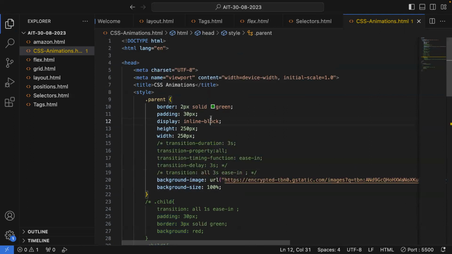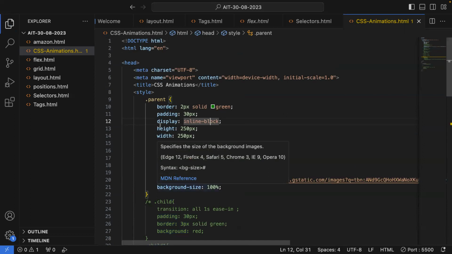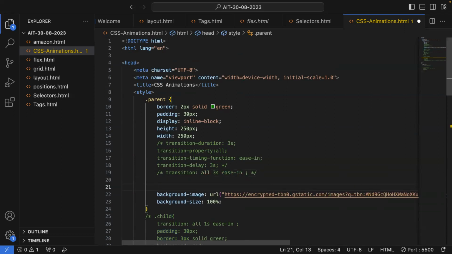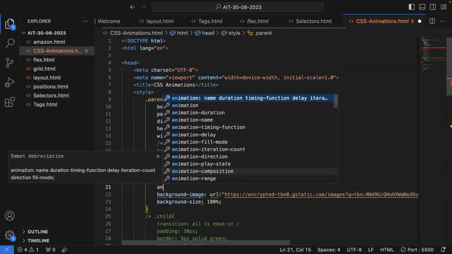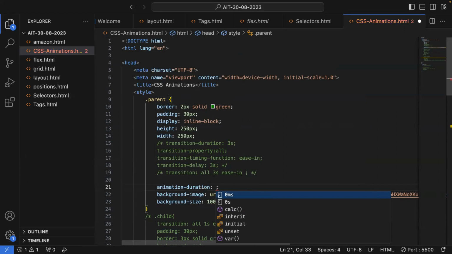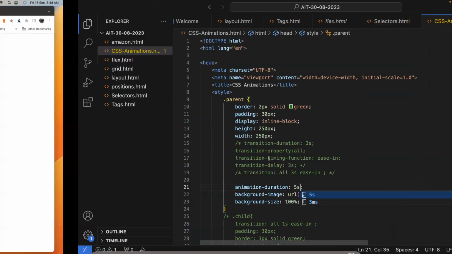So I gave background image, background size 100%. So in the same way, whatever properties we have for transition, we get the same properties for animation, but here it is transition duration, there it is animation duration. So animation duration, let me give 5 seconds. Okay. Now if you see,